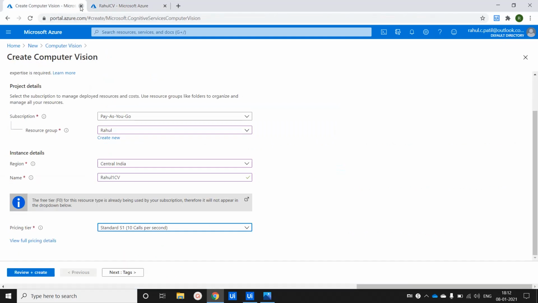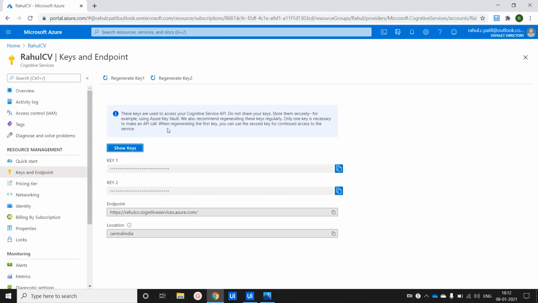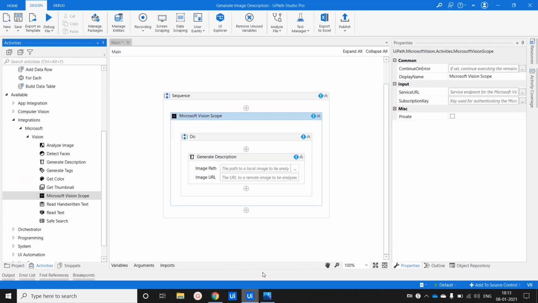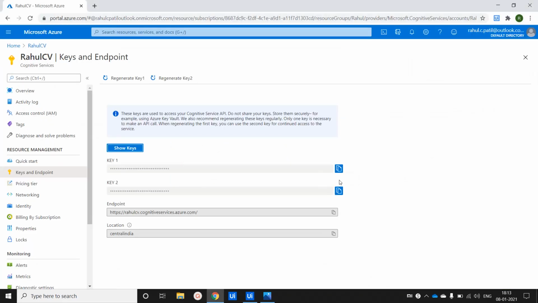I will close this tab. The key here is what we use as the subscription key. I will copy it here